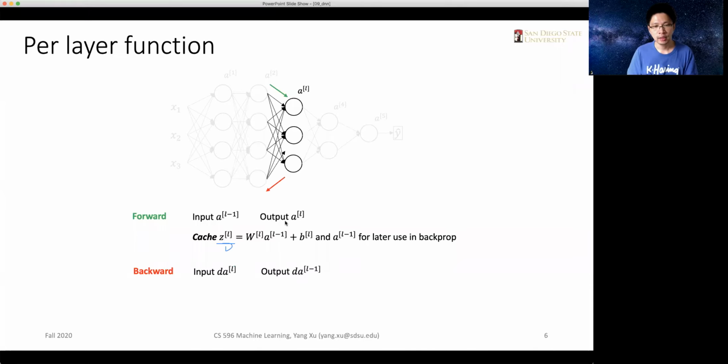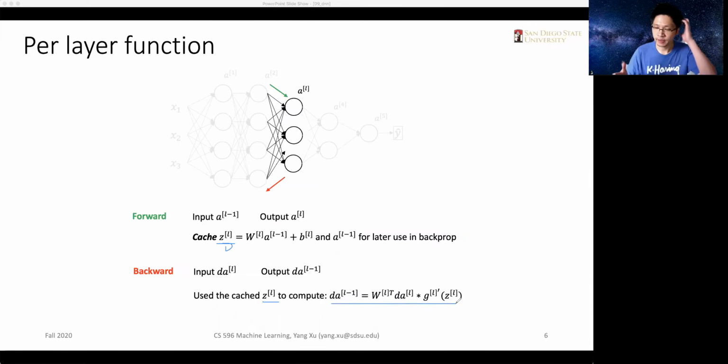Okay, so in the forward stage, we need to use dAL as inputs and outputs dAL-1. In this computation, we will need to reuse the cached ZL, because of the formula we have defined for the backward propagation. The ZLs cached here will be used here, and the AL-1 will also be used when we compute dWs. Okay, so we can simplify this process using computation graphs,